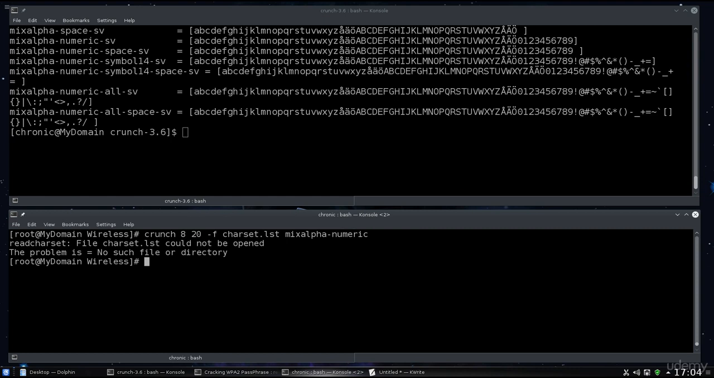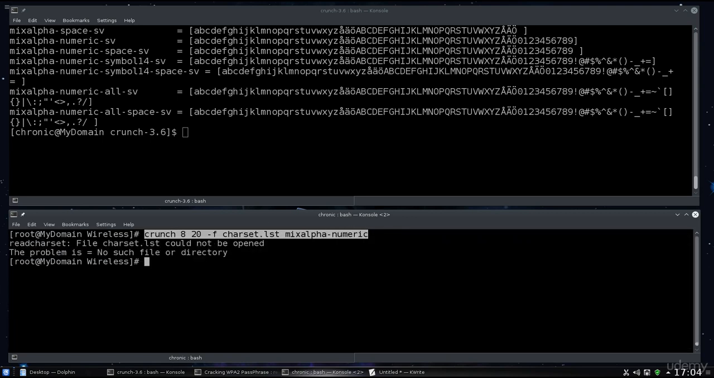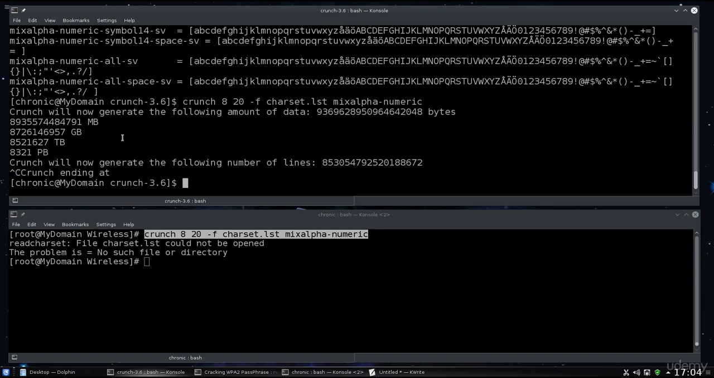Look at this. Press enter. Right. You need to specify the path to the charset. So if you just go into the folder and run it from there. Okay, I've interrupted it before it began. So it would take